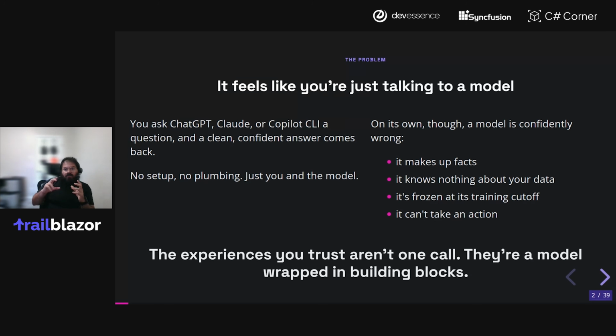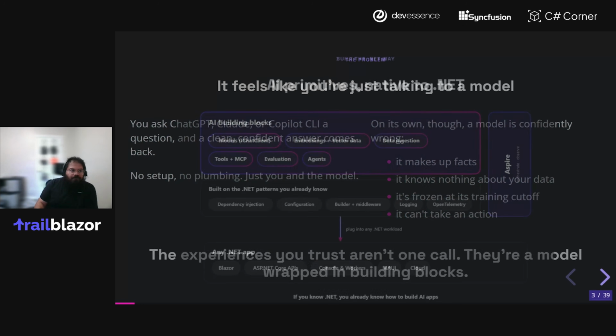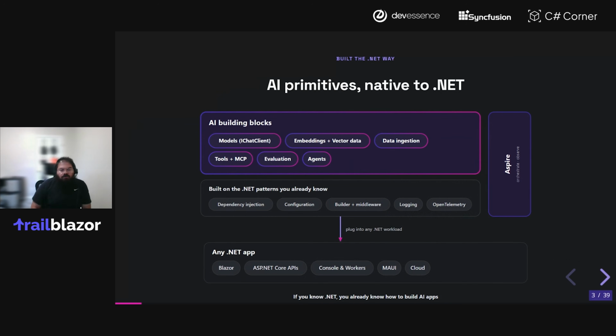Even though as an end user it seems like I'm just sending a call to this system, that system typically being the model, and then getting a response, it's not just one call. It's a call to the model plus all of these other building blocks that really make talking to these AI systems reliable, safe, trustworthy, and all the things. And this is how our talk is going to shape up.